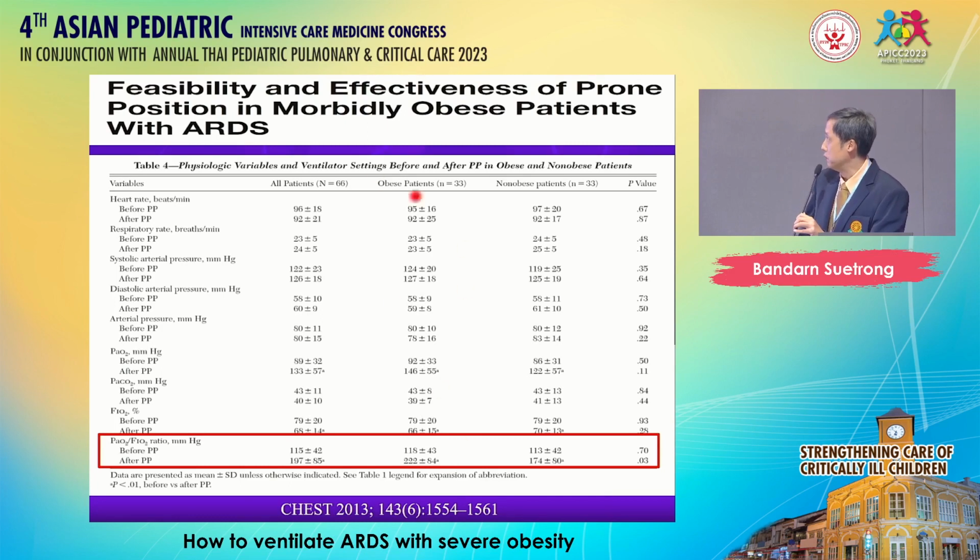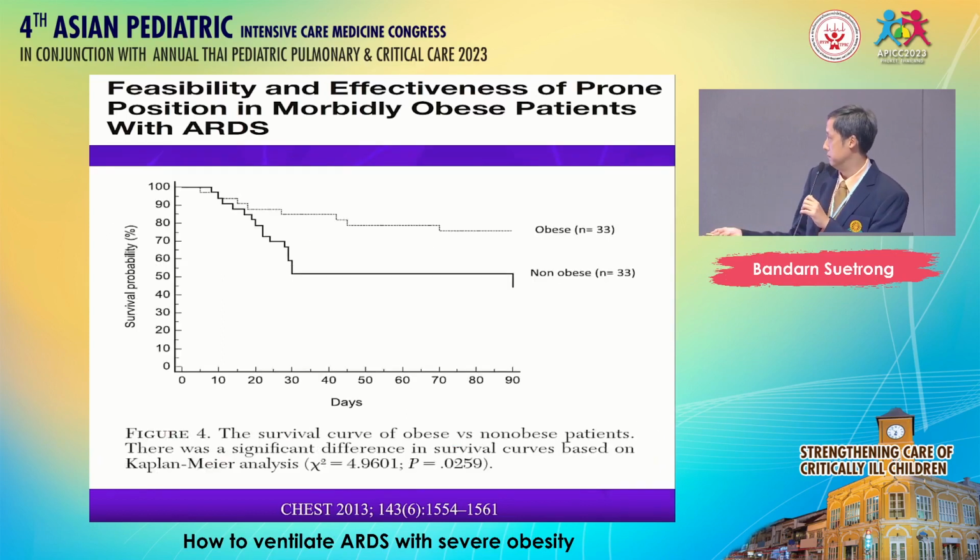And if we compare between the obese patient and non-obese patient, after prone position was applied, in the obese group, the PF ratio is much higher than the patient who is not obese. It's a difference. So please do not hesitate to use prone position in the obese patients. And in terms of survival, in the obese patient, if we use the prone position, the survival is better, not only in terms of oxygenation, but also the survival of the obese patient. If we use the prone position in this group of patients, the survival is markedly increased compared to a non-obese